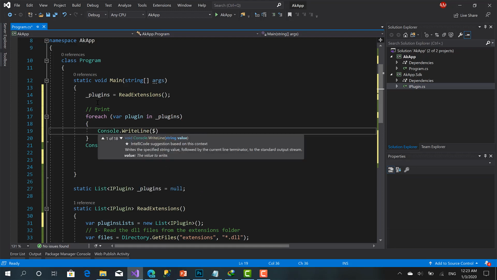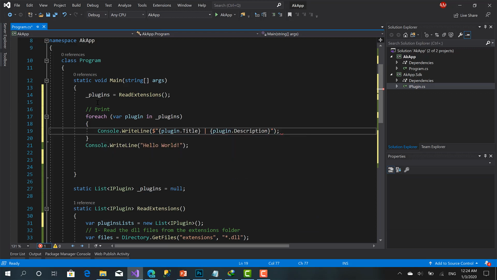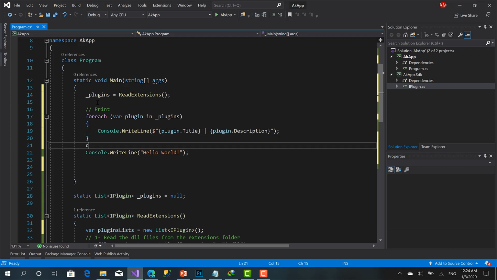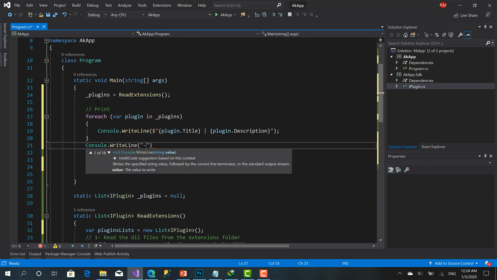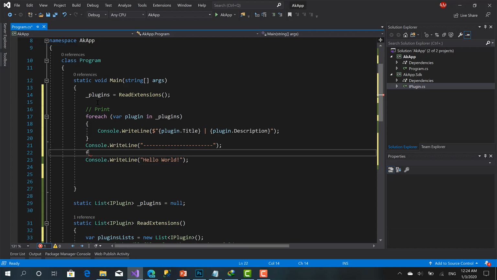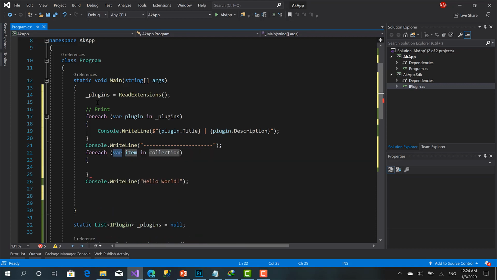Console.WriteLine plugin.Name or .Title, plugin.Description. I'm going to print the name and the title for each one, and here I can print a simple separator. Now after I print all of them, I'm going to iterate over them again and simply